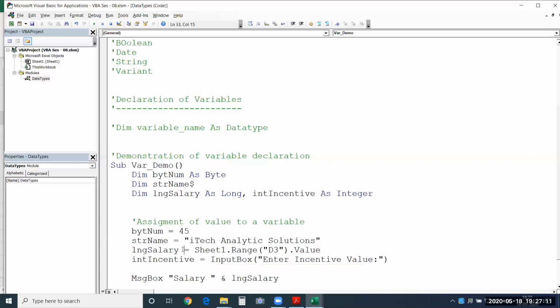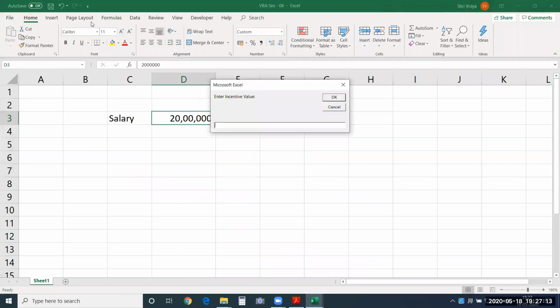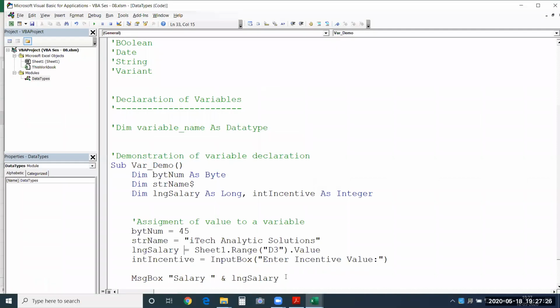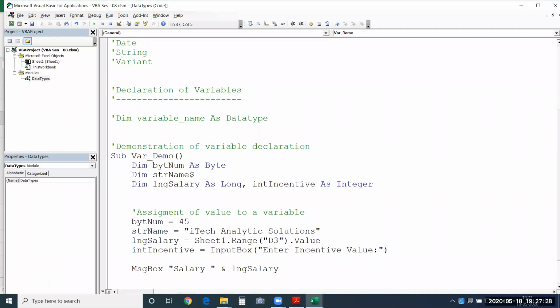Now let's run this again. I have not used anything to print it. Anyways, I'll just give a value to this. I'll say 4,500. So we have not used the incentive value. Let me use that as well.